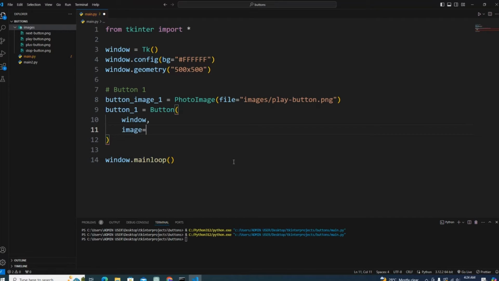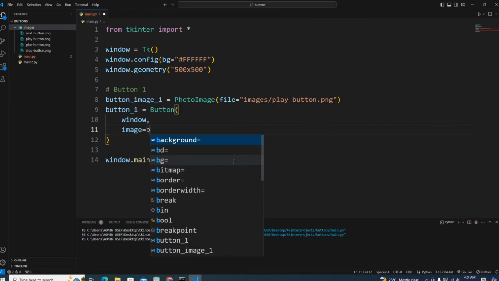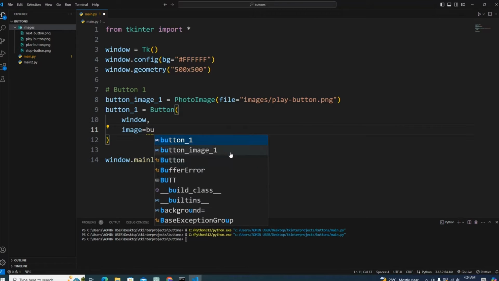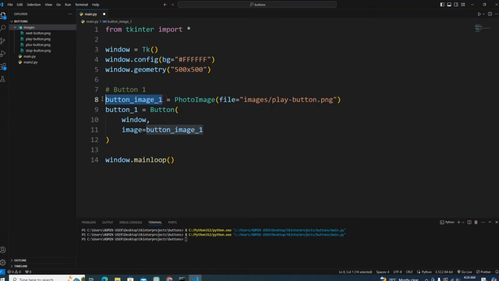So I'll say image, and I'll assign it to button 1 image, which I assigned here. You can see at the top here, I assigned button 1 image, in which I place my image. Now inside my button widget, I'm assigning the image attribute to the button image variable. So image is equal to button 1 image,